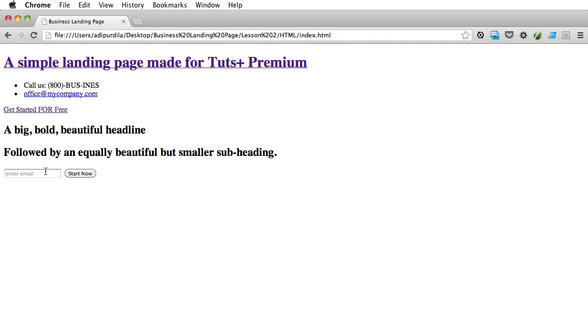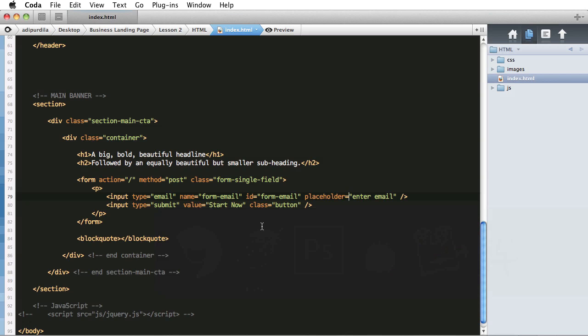If I refresh, you can see that you have a small text which says enter email, and that disappears when you type something. All right, now that is an HTML5 attribute. In older browsers, it's not going to work. You can use